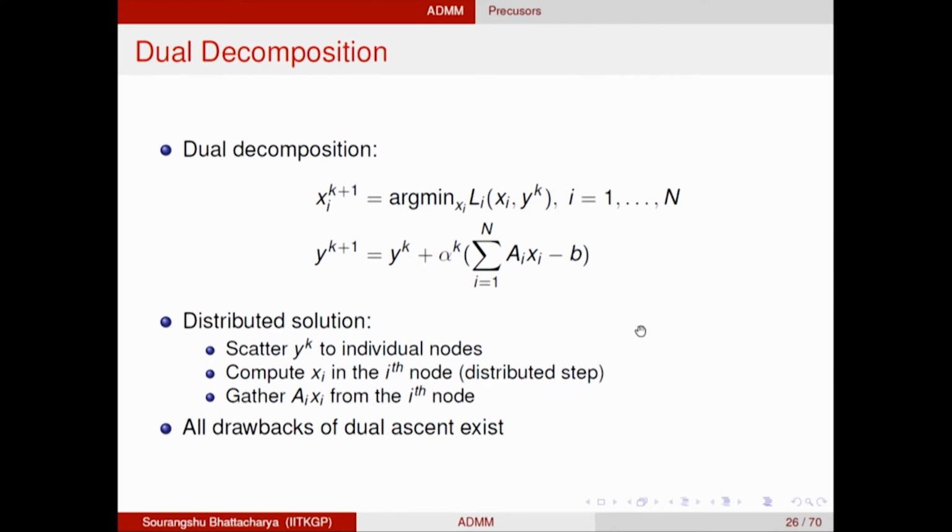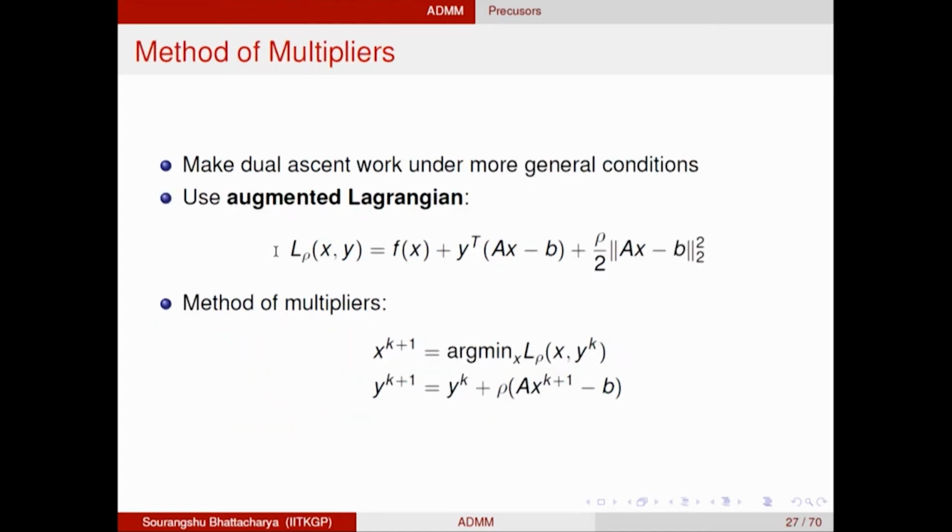This is also called dual decomposition. This is the algorithm. Basically, for the ith node, you optimize the Lagrangian with respect to only the primal variable on that node. And then on the central node, you just take all these optimal solutions and add them. So, this is a distributed solution for that. Unfortunately,